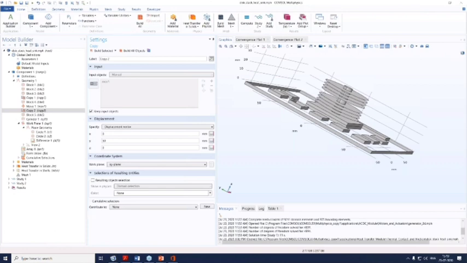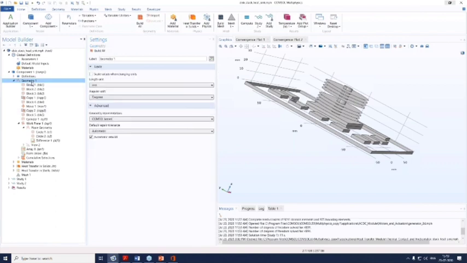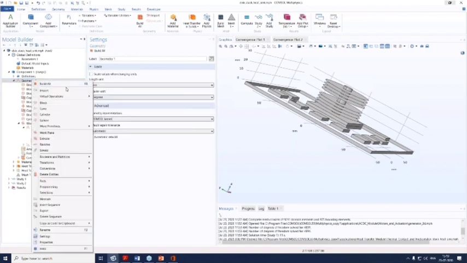Yeah, what is the need of convert to COMSOL? Right click on geometry, conversion, and convert to COMSOL. Good question. So here in this case, I will not be getting that convert to COMSOL operation, because when you are importing the geometry,